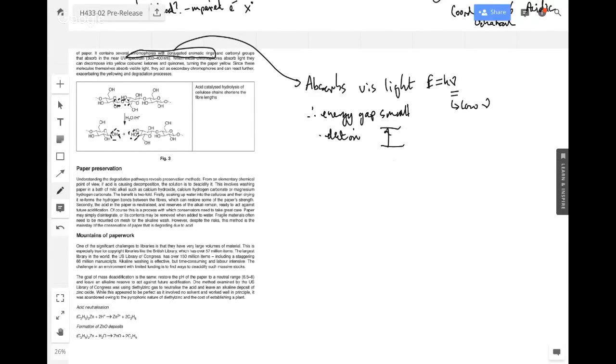That energy gap has to be small enough so it's visible light being absorbed if something's going to be colored. And when you have delocalization and conjugation,